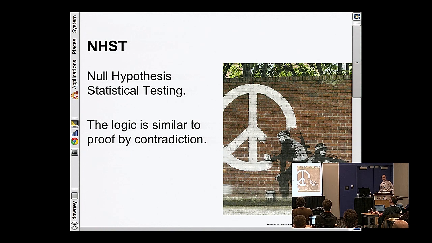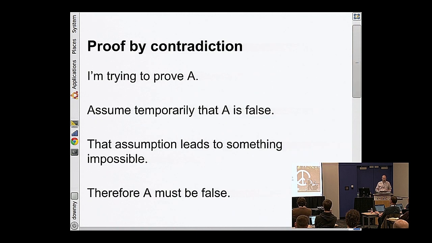So here's the framework. This is called null hypothesis statistical testing. The logic of this is very similar to doing a proof by contradiction. If you're familiar with mathematics, let's say that I'm trying to prove something about mathematics, some assertion that I'm going to call A. I'm going to do that by temporarily assuming that A is false. And if from that assumption I can derive a contradiction or something that's impossible, I would conclude that, whoops, that's backwards. I would conclude that therefore A must be true. If it's false, bad things happen, therefore it's true. Sorry that I got that backwards on the slide. I will fix that.